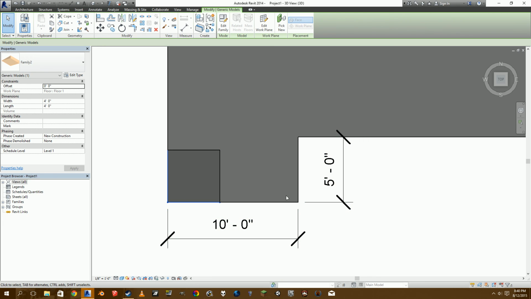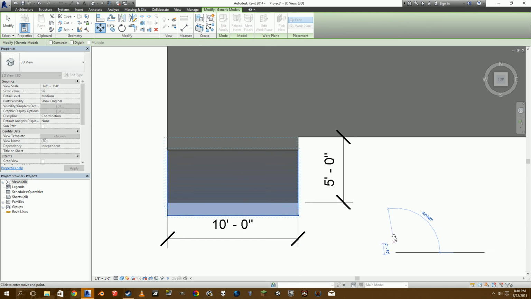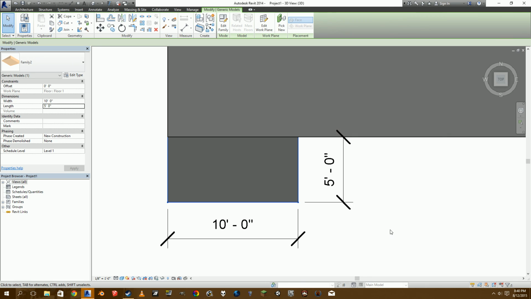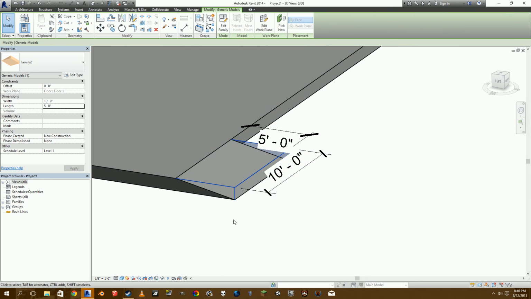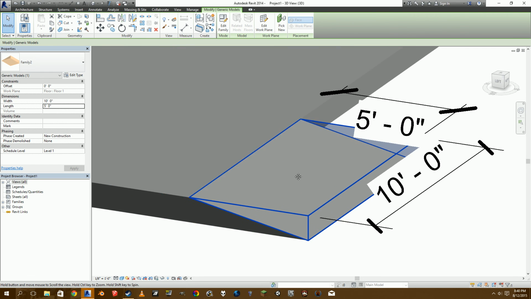So my width of this balcony is 10 feet. So right over here, just put in 10 feet. And the length is 5. So just put 5 here. And this actually, you know, the insertion point was here, so it push this way, so all you gotta do is just move it a foot back, you know, and again, whatever your dimensions are. And you can see here that's obviously too thin, so